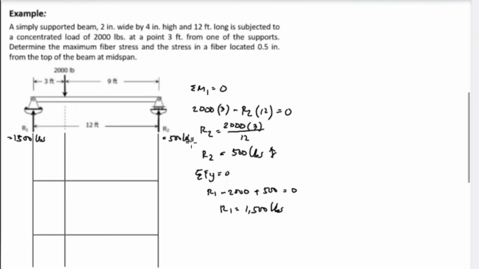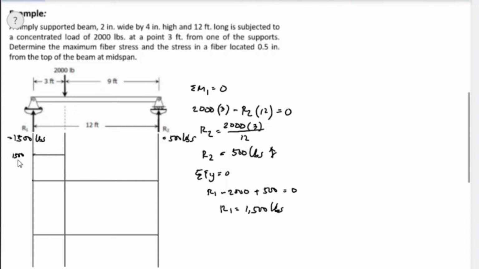And then pounds. Let's start with the shear diagram. So first, at point 1, we have a reaction of 1500 pounds and it is upward. So in this case, it will be 1500, and from 1 up to the concentrated load, no load, so therefore it is a horizontal line. So from this point up to the concentrated load, the value is the same